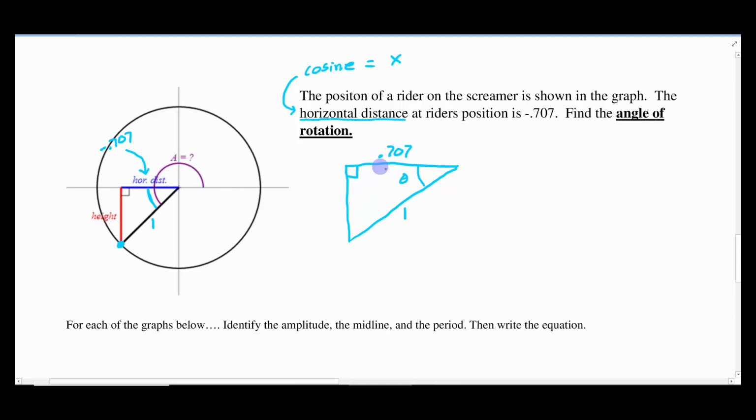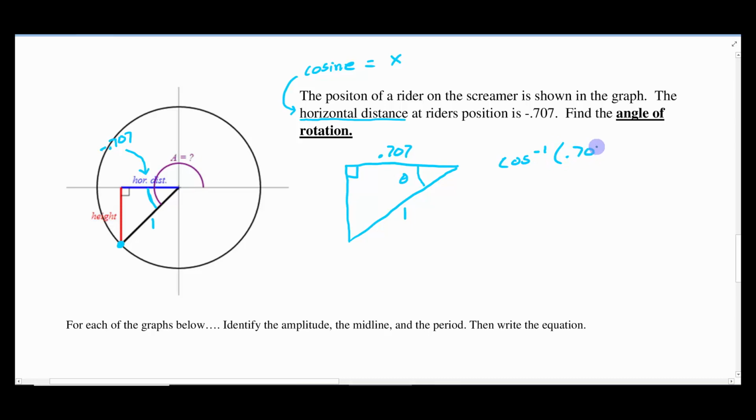So we know that cosine finds this side. We want to find the angle, so we're going to have to set up an inverse trig function here. So when we go from side to angle, remember it uses an inverse trig function. If we had an angle going to side, we would just use regular old cosine. All right, so we're going to say the inverse cosine